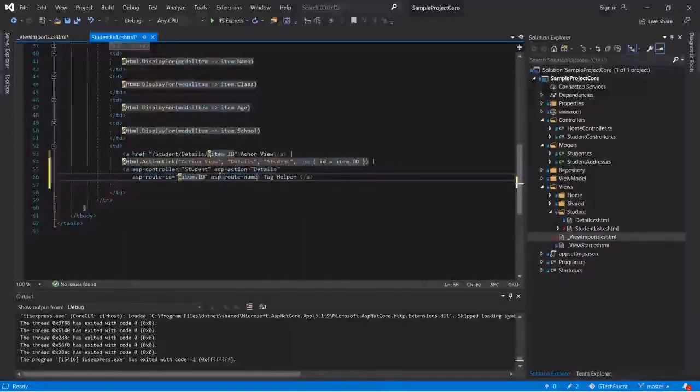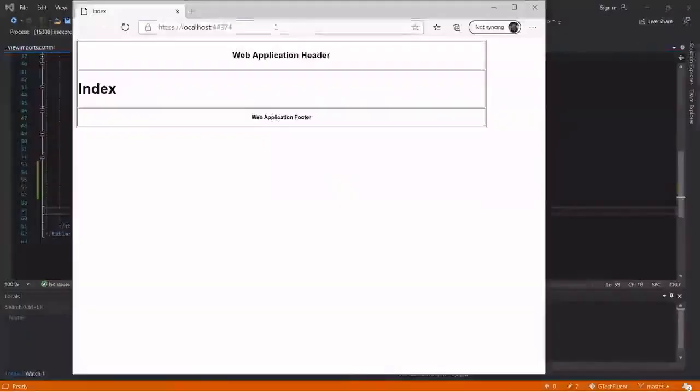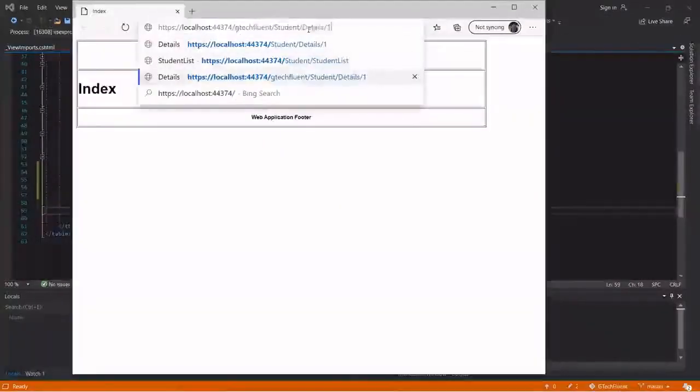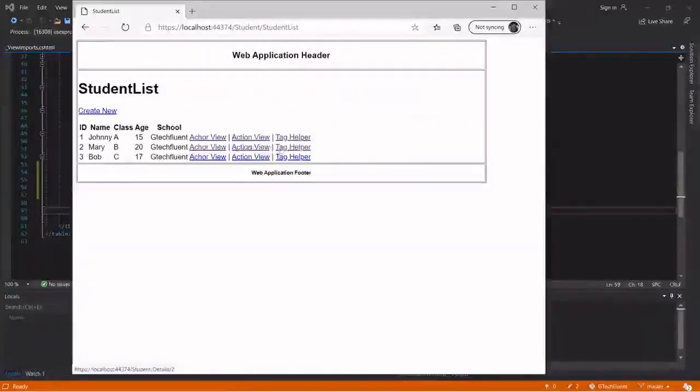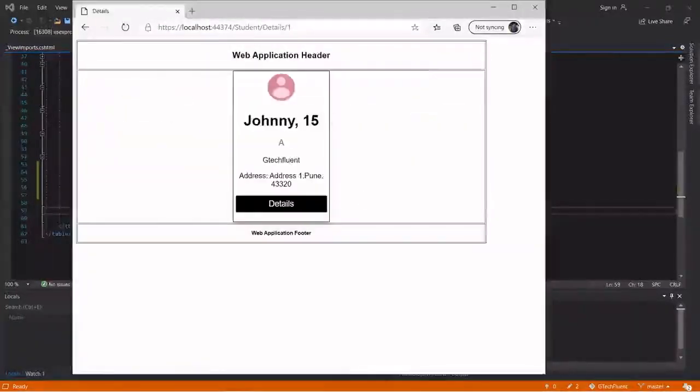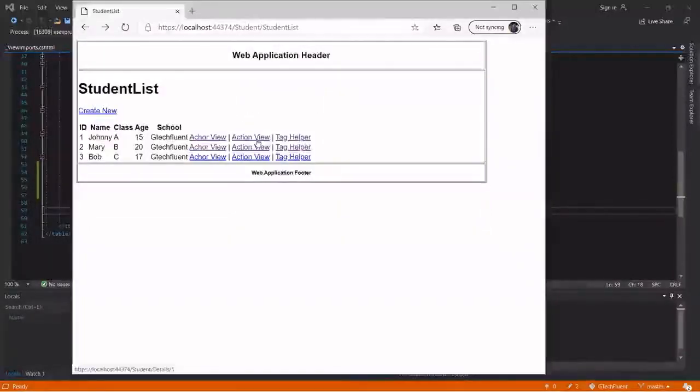Please keep this in mind while passing the parameter. After this change, let's run and see. Let's go to the list view and check the tag helper. Okay, it is working like our anchor tag and action link.